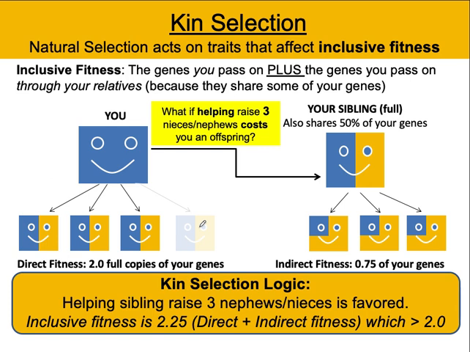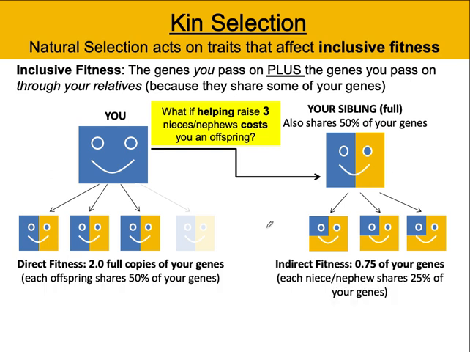And if that inclusive fitness in this case is greater than 2.0, which is what it would have been if you simply had 4 offspring of your own, this would be the evolutionarily optimal outcome. And this contributes to an explanation of why we might help other individuals that we're related to, even though it costs us in terms of our direct fitness. That's because the net outcome, the ultimate outcome, is actually a beneficial one.